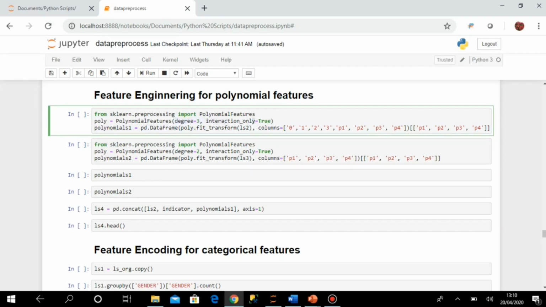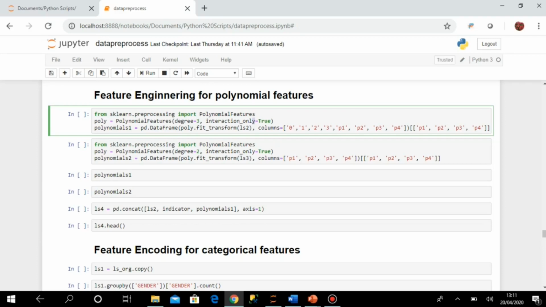What that means is, degree equal to 3 means I'm doing it with the combination of 3 features, and interaction_only true means that when you are generating the combination of different columns or features, suppose f1, f2 and f3, what are all the multiplications possible? It can be f1 square, f1 cube, f2 square, f2 cube, or f1 f2, f2 f3, f1 f2 f3. So interaction only means I need only those features where there is a combination of 2 or more features. Only those multiplications will be taken here.